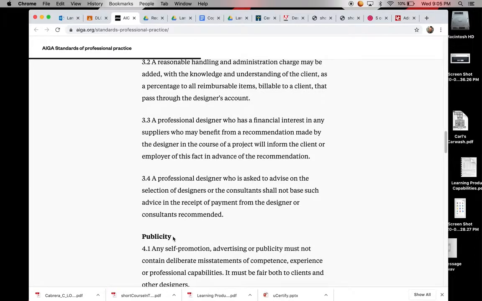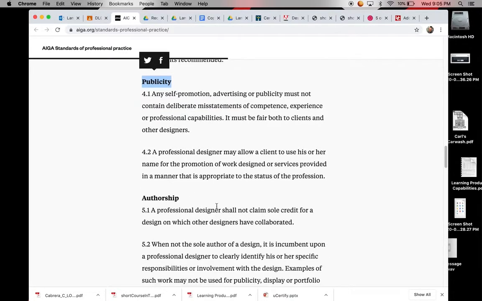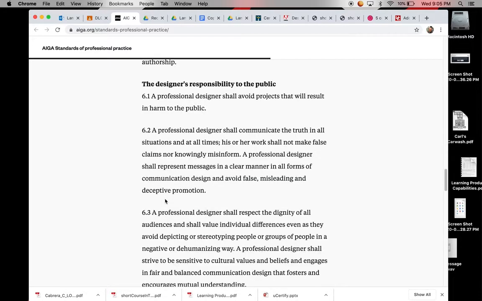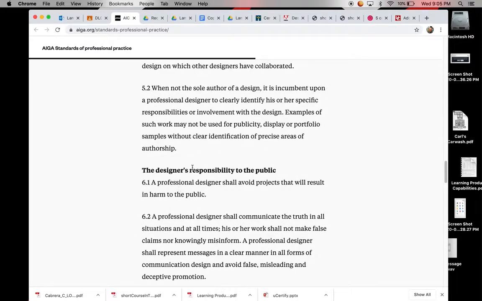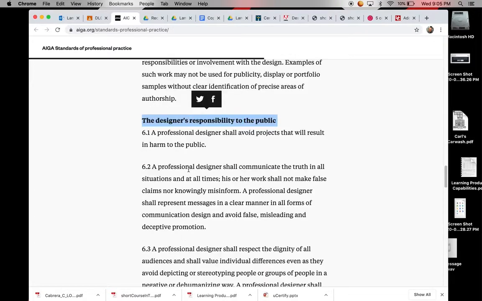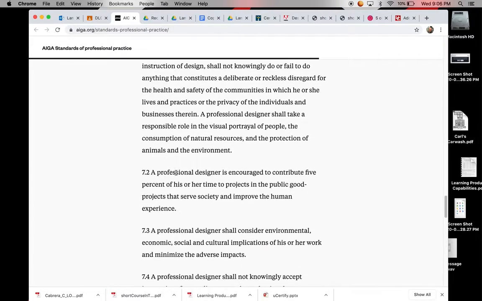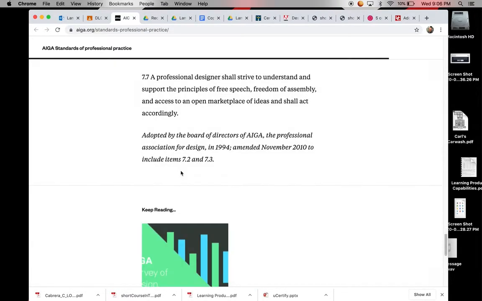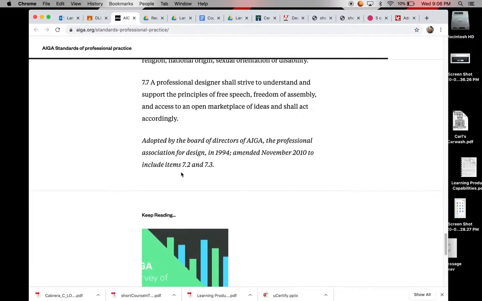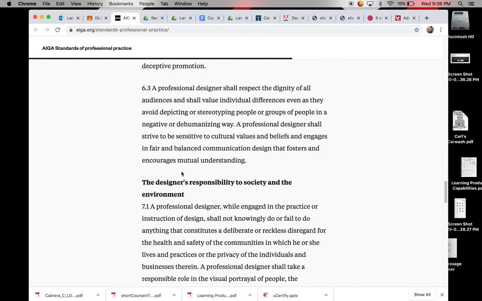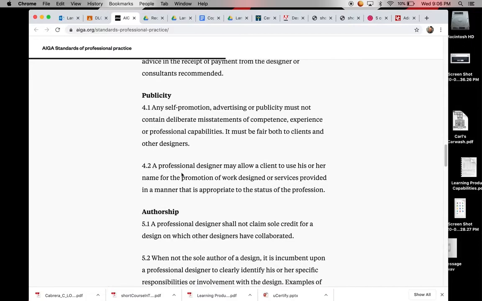It talks about publicity, self-promotion, etc. Authorship, and then the designer's responsibility to the public, designer's responsibility to society and the environment, and that's pretty much it. So I want you to read over these, all 28 of them, and then I want you